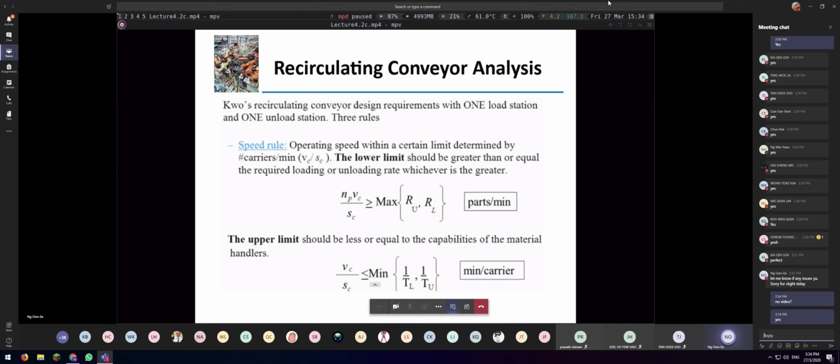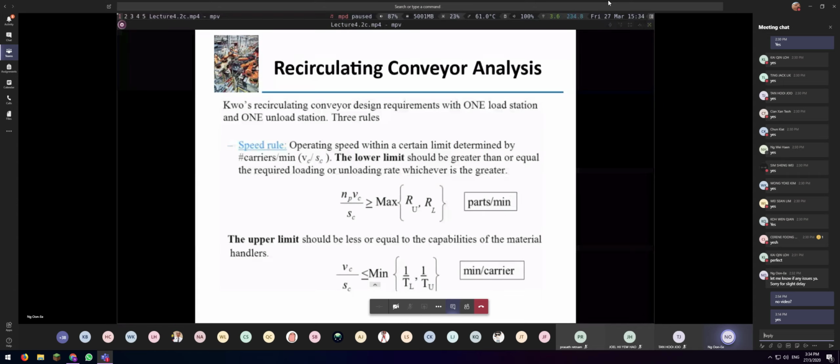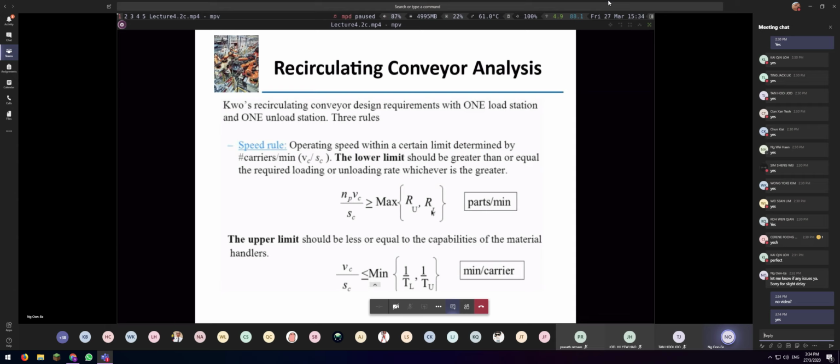So the speed rule says that your operating speed is determined by your carriers per minute. The lower limit of this operating speed should be greater than or equal to the required loading or unloading rate. If they are the same, then it's just the rate. But obviously, whichever is the higher loading or unloading rate gives you a lower limit for your speed, and your upper limit is less than or equal to the capabilities of your material handlers. Okay, so the minimum is what